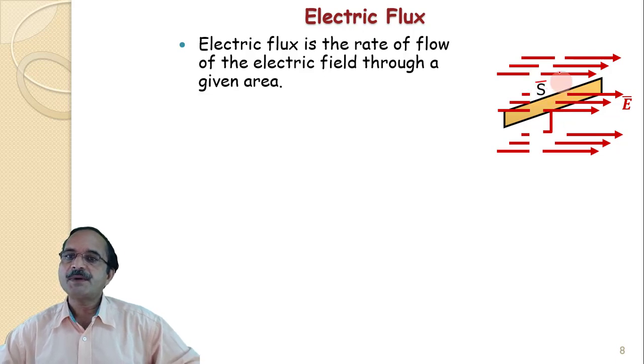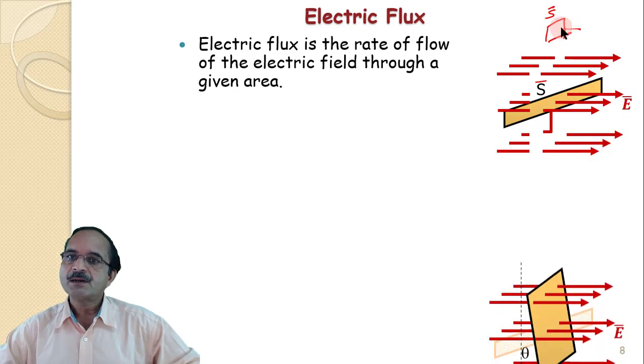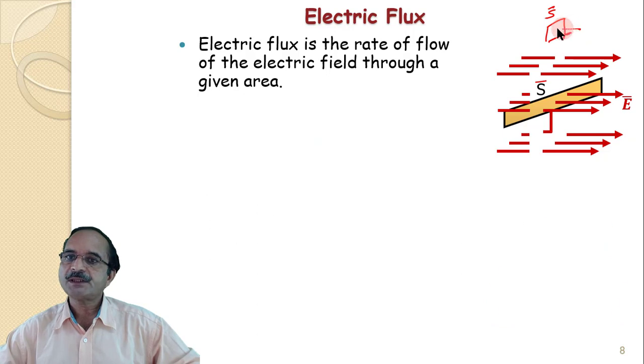Now in this given example, this is the surface S, and the direction of surface S is always perpendicular to the given surface. So this surface S is oriented in this direction. So this is the direction of this surface, let us say AN. Now in this case, the direction of the surface S and the direction of electric field intensity is the same. So that means all the lines of force pass through this given surface S.